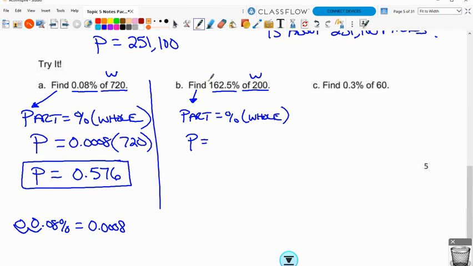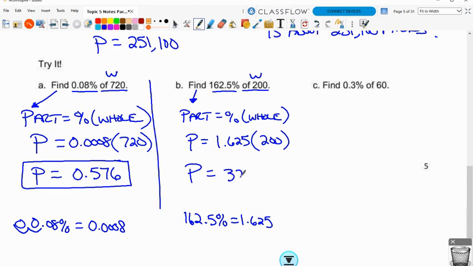Change that into a decimal first. 162.5% equals, move the decimal point back once, twice. That's going to be 1.625. 1.625 times the whole value of 200. So we're going to punch this into our calculator, 1.625 times 200, and that gives us a value of